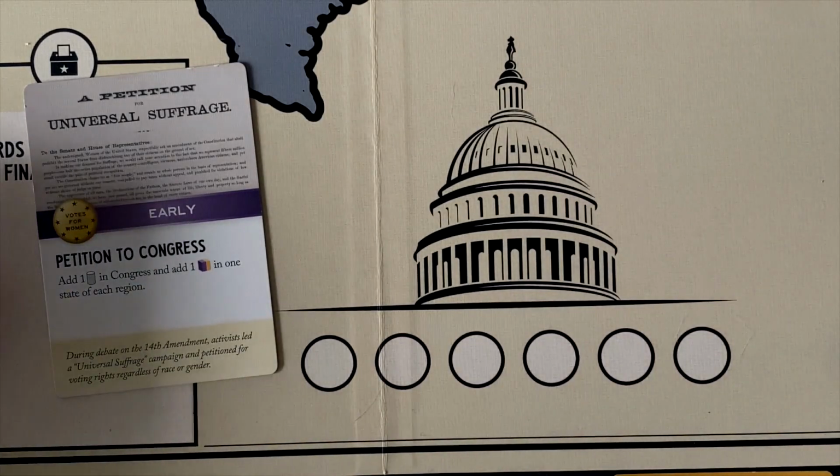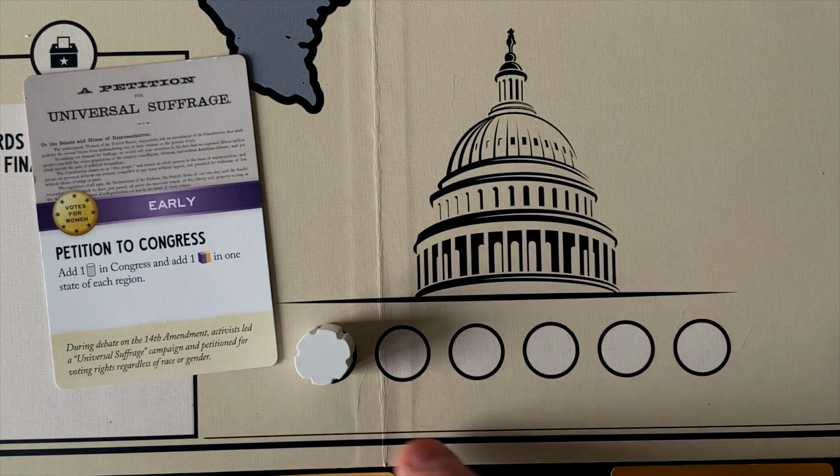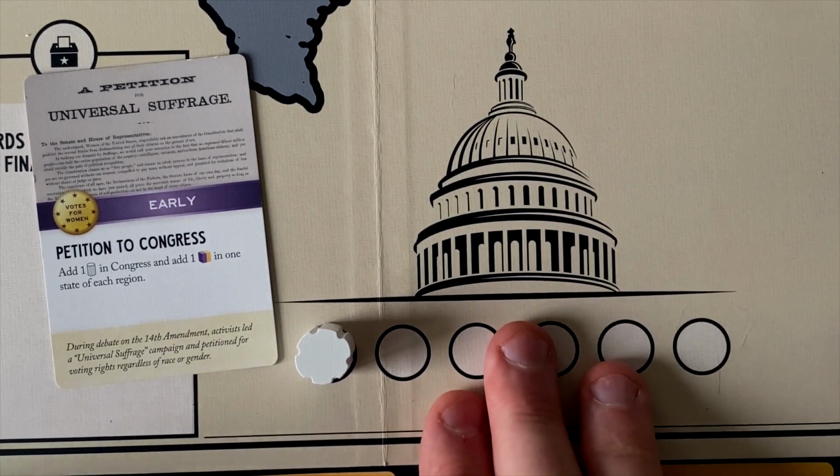So let's take a look. The Petition to Congress card does 2 things. We're going to play it for its event. We're going to add 1 congressional support cylinder to the national support. So we are 1/6 of the way to getting the amendment passed by the Congress and sending it to the